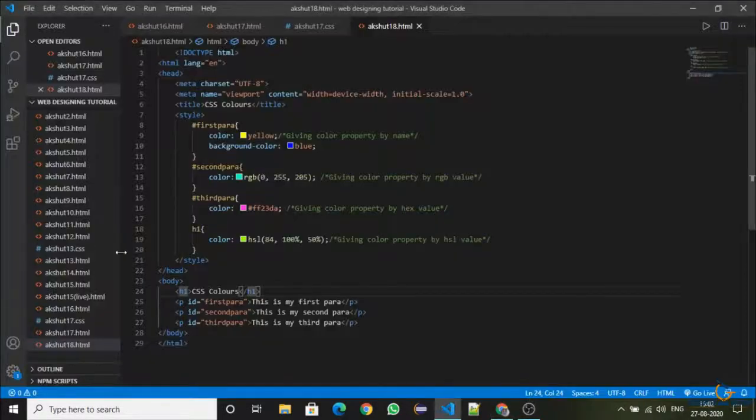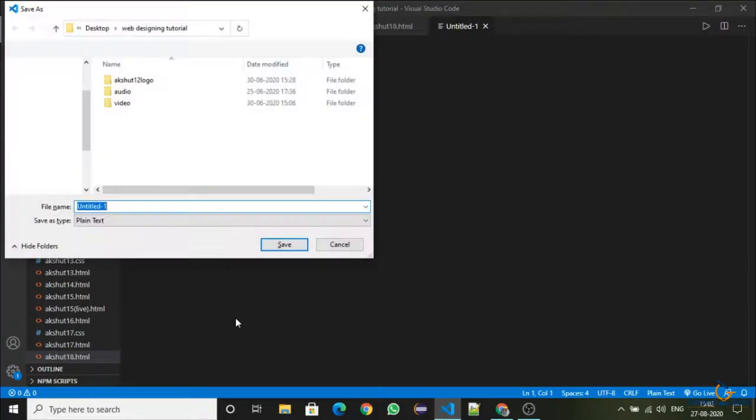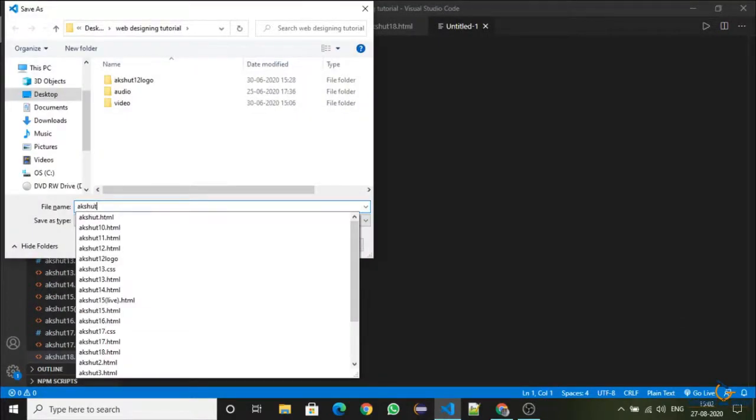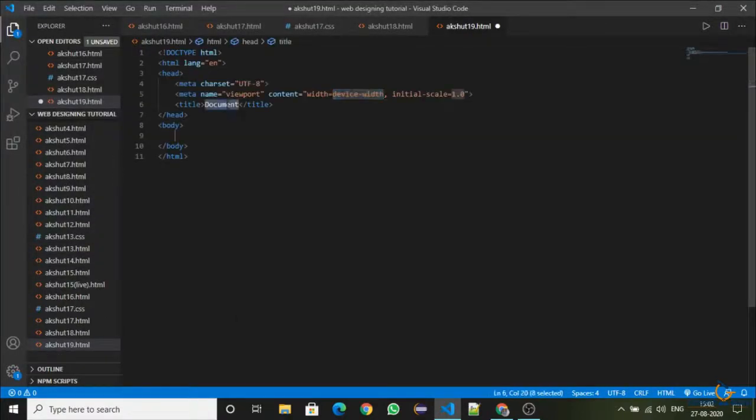So you can do these things and now I'm starting my code. I am making a new file as akshat19.html. I will add the boilerplate now, and in the boilerplate I will write CSS height, width, background and borders.